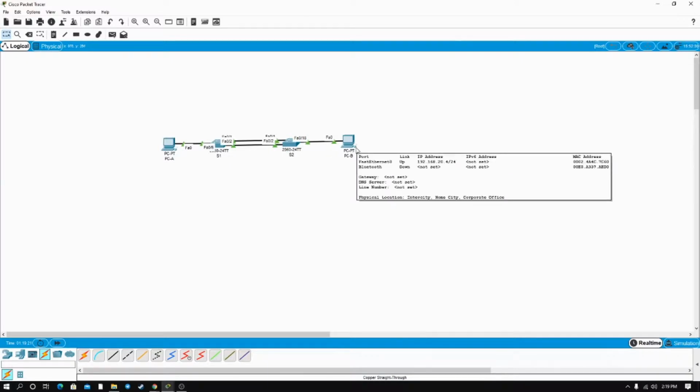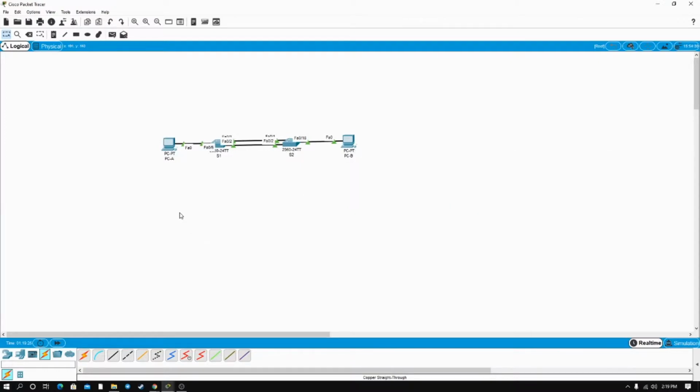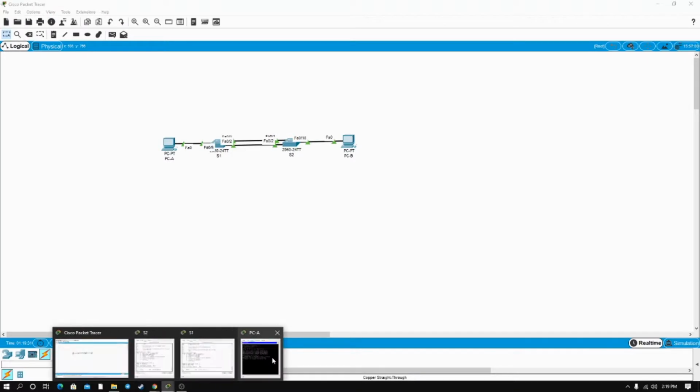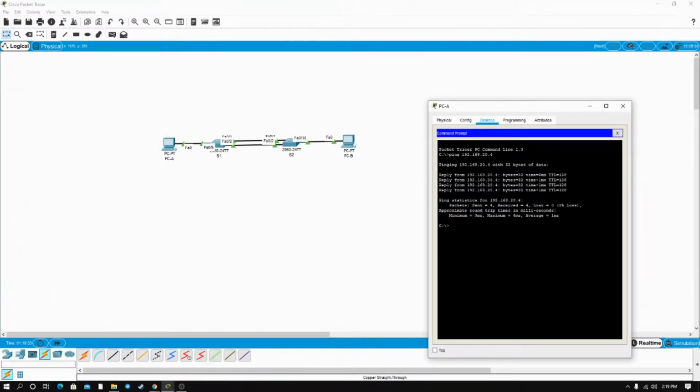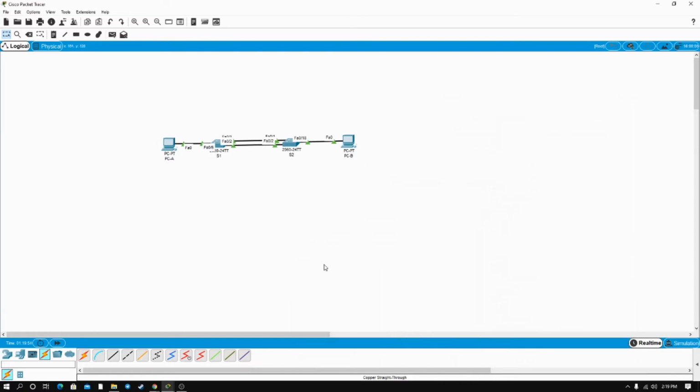Okay, to make sure the PCA and PCB are linked, we need to ping the PCA to PCB. Just go for PCA and ping the IP address of PCB. It shows that PCB sends 4 and receives 4, which shows that the PCA is linked to PCB. Okay, that's all for